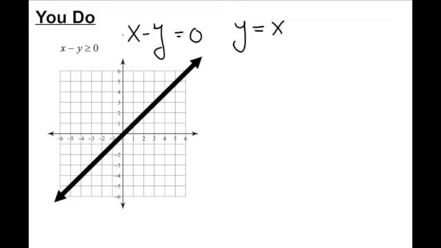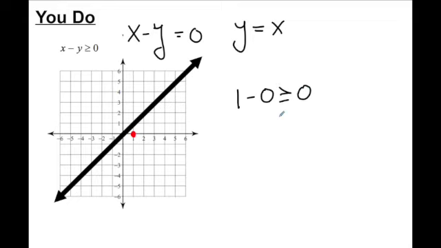So this is a case where you cannot choose (0, 0) because (0, 0) is on the line. My recommendation in class was, you can't choose (1, 1), that's on the line too. Just choose another point, preferably one with a 0 in it, and try to keep the numbers positive, because positives are generally relatively easier to work with. So plugging it in, what I get is 1, the x, minus 0, the y, is greater